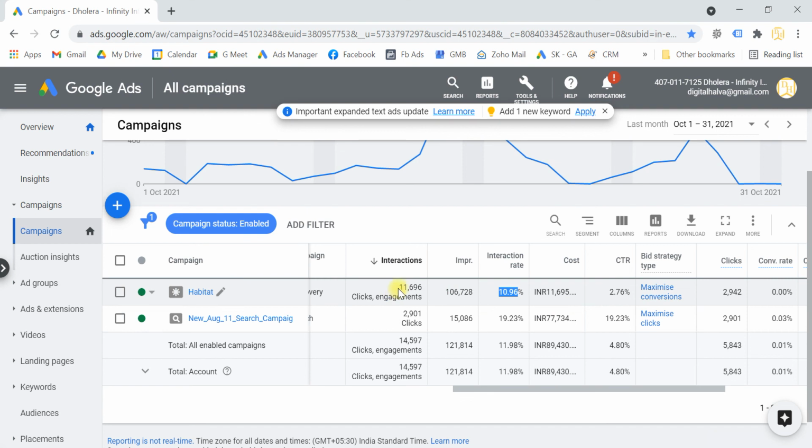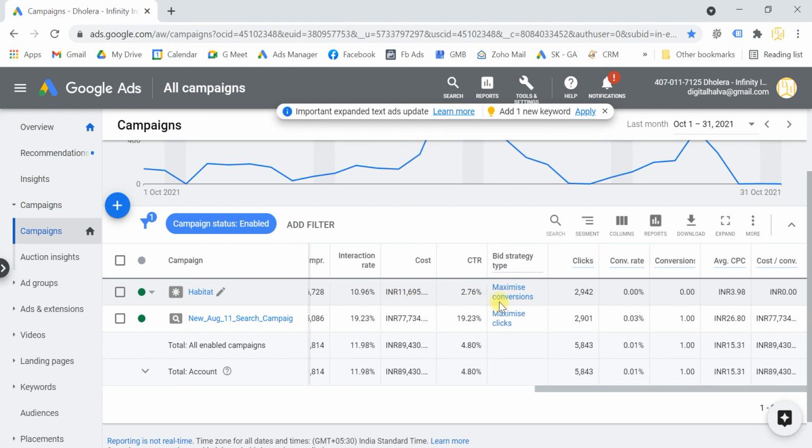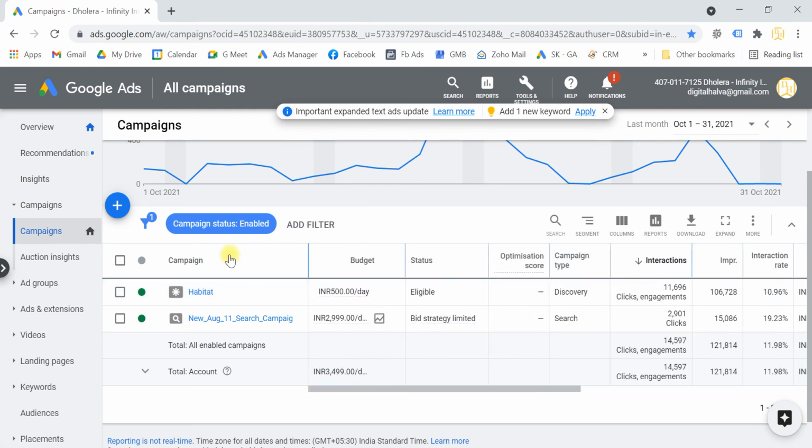We got a total of 11,696 including clicks as well as engagements. The average cost per click for the discovery campaign is 3 rupees 98 paise, less than 4 rupees. Converted into dollars, 26 rupees is about a quarter of $1, and 4 rupees is very pennies. I can't even say in dollars, that cheap.